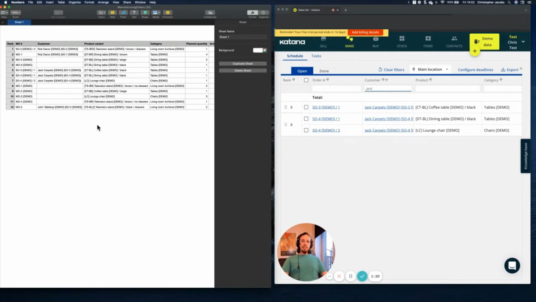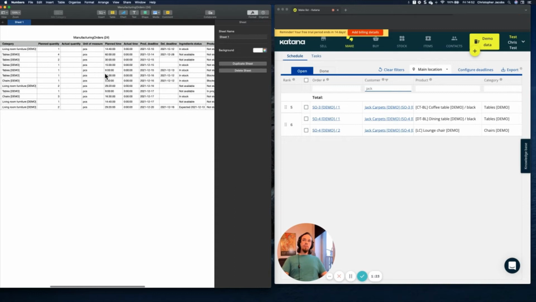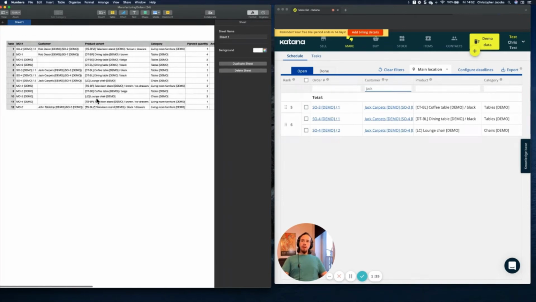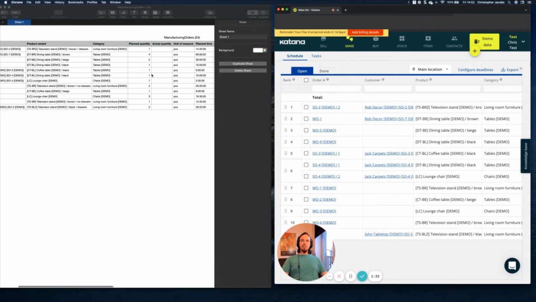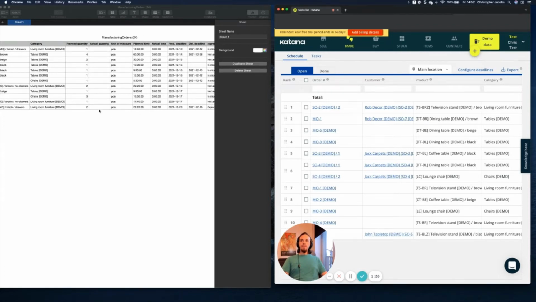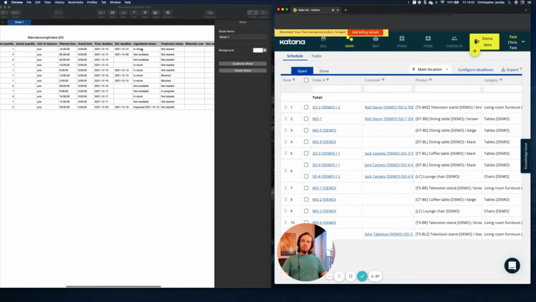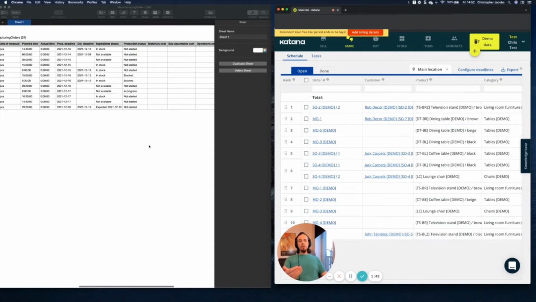But the information that's available in an open manufacturing order export is pretty much generally what you see currently in your existing manufacturing order page, with a few additional pieces of information, such as the ingredient status as well as the production status. A lot of those would be used for companies that want to print out their manufacturing orders for their teams and give it to them on the floor, have them work on it because they might know what they need to do, and then they just bring them back and say which ones are completed,